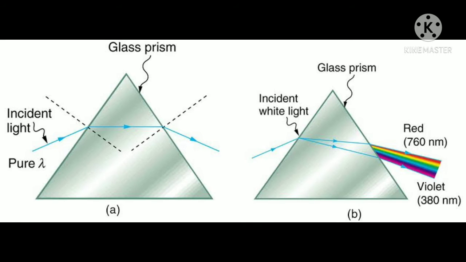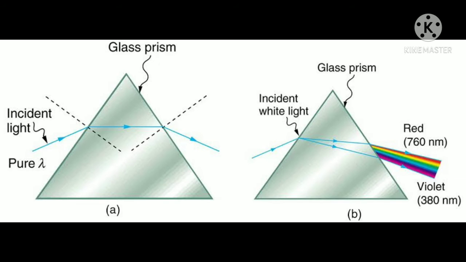So for that emergent band of light, always remember from VIBGYOR, from violet to red, red has more wavelength, and so it scatters less. Scattering we will study later, but before that just one idea I'm giving you, that it scatters less. And the violet has less wavelength and it scatters more. The emergent ray of this light is more.